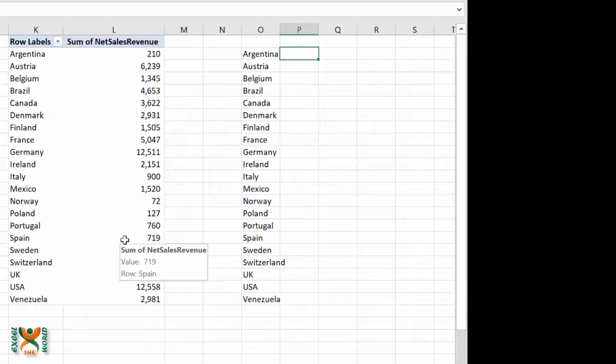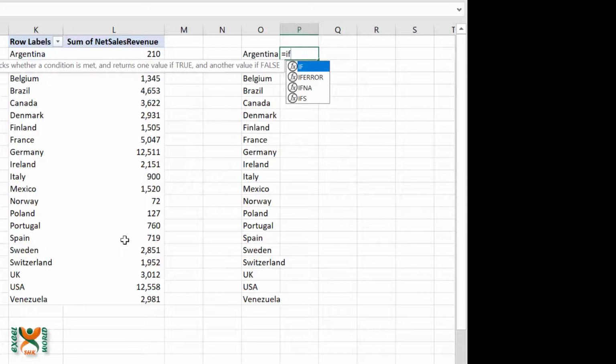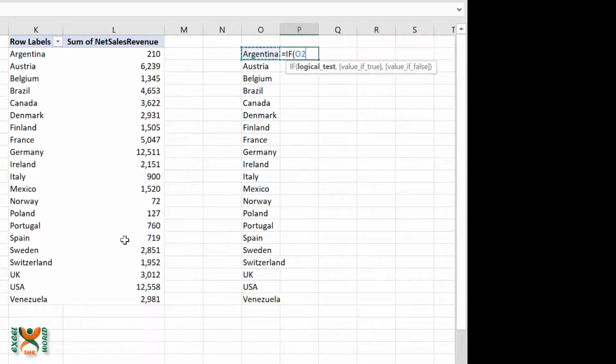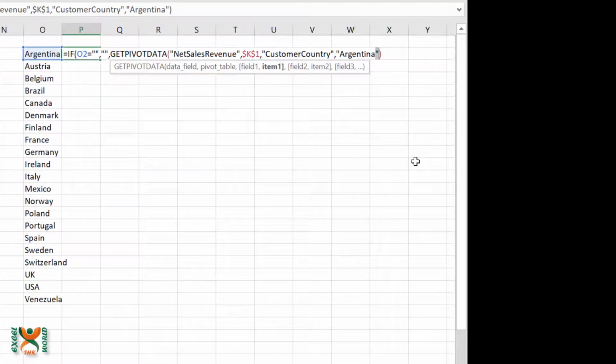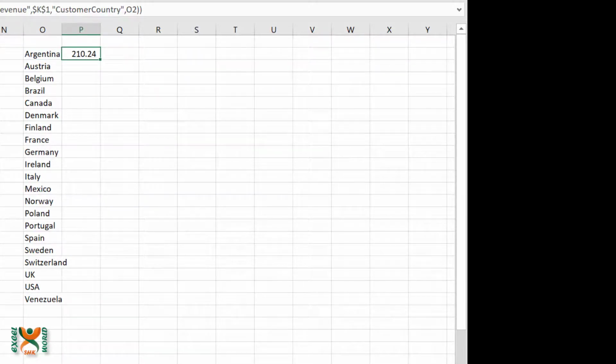And for the values, we are again going to use the if formula. If the country name is equal to nil, then we should get nil, otherwise we should get the value by the help of get pivot data feature. Now you can see in this case that the customer country has been hard coded, which we do not want. We want it to be dynamic. We can just remove this hard coding and use the name of country we have just produced, which is in my case in the O2 cell reference, and press enter. We can format it before copying, and we can copy it to all the cells below.